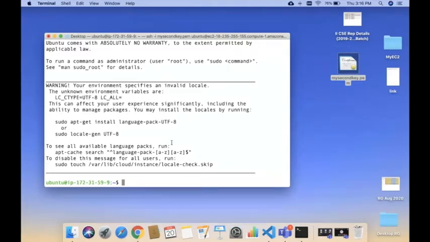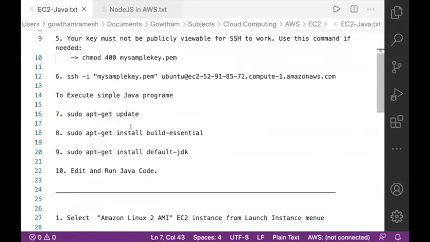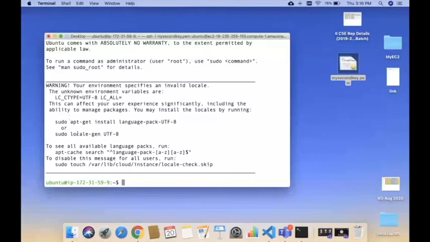So again, I'm going to take the same Java program. I want to install the Java virtual machine and the Java runtime, the Java JDK, and then write a simple Java program and execute it. The steps are also listed here. The first step is to update apt-get. You can issue the command sudo apt-get update. This morning we used the command sudo yum update.